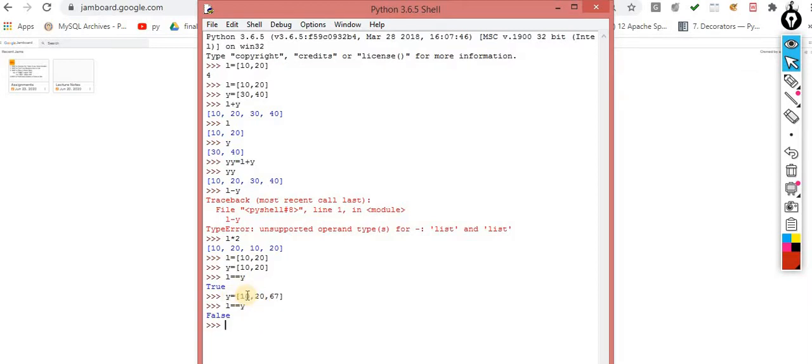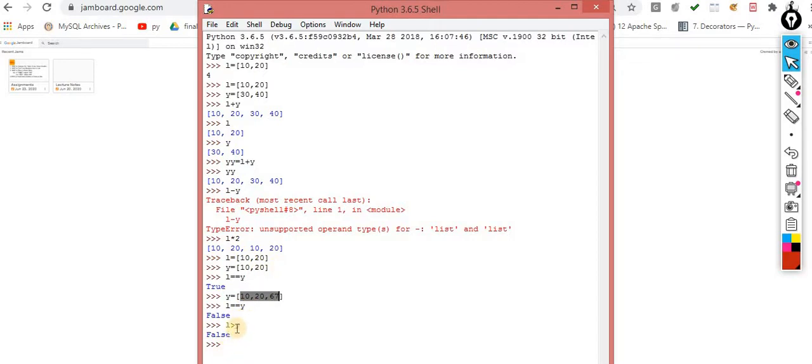So the next one is very simple, plus, multiplication and equals. Next, L greater than Y. The output is false. Why false? Because the Y values are more than the L values, so it will return false.